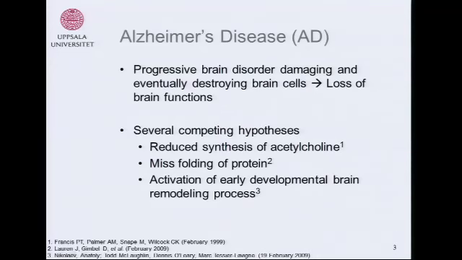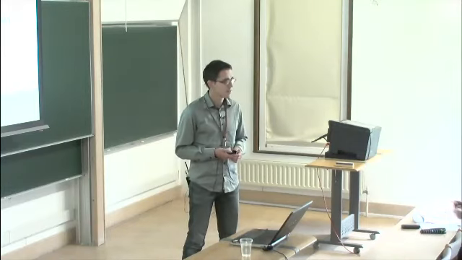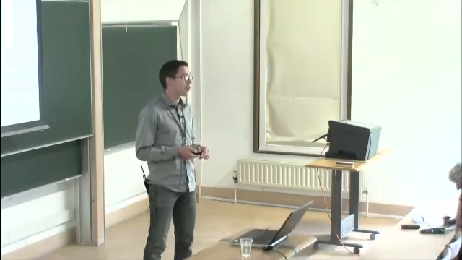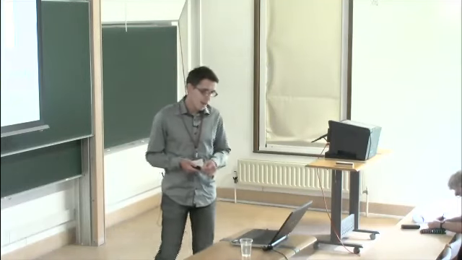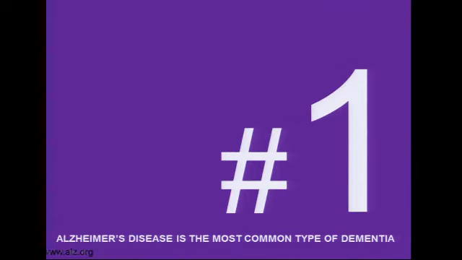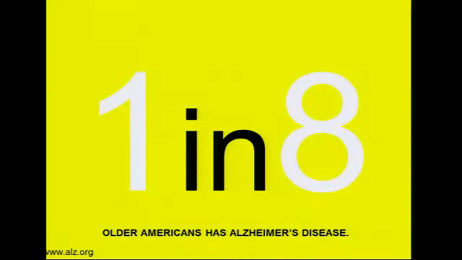So you see that this is very uncertain. What is certain is that Alzheimer is the number one cause for dementia in the US. It's the sixth most common reason for death in the US, and while other major diseases like HIV or heart failure have decreased, or the number of deaths have decreased since 2000, the number of deaths for Alzheimer has increased. 1 in 8 elderly Americans have Alzheimer, and every 69 seconds there's a new one